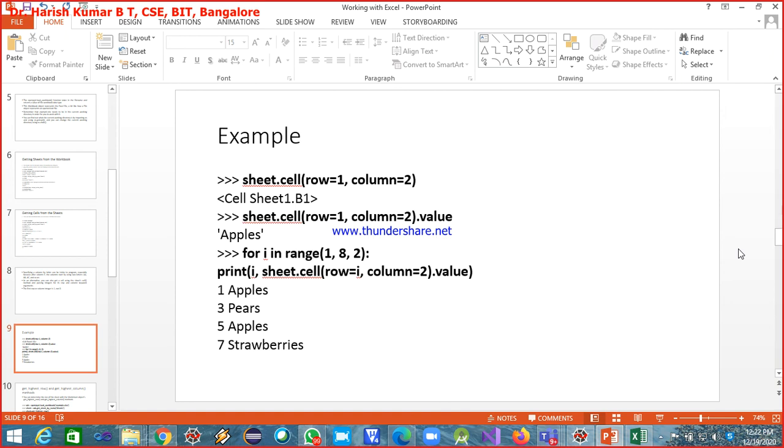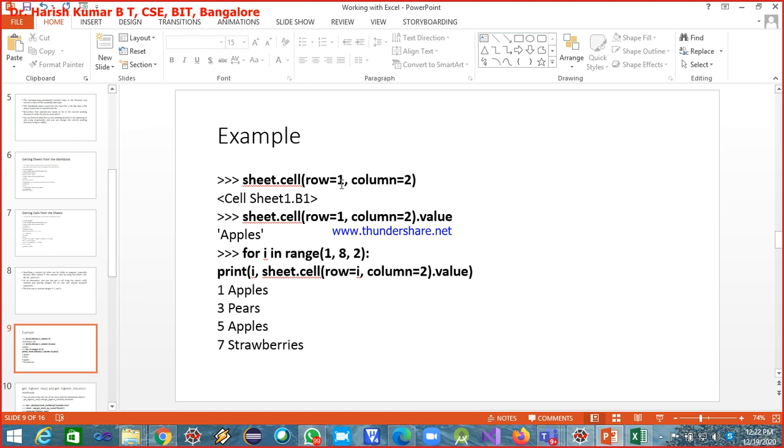Now you can just observe here. Instead of using sheet of the cell name, that is A1 or B1, on the sheet I am invoking the method cell. I am passing the row number and column number.